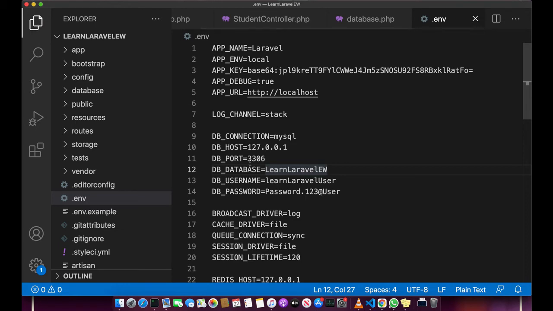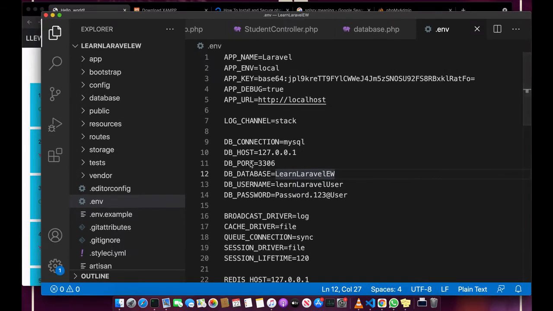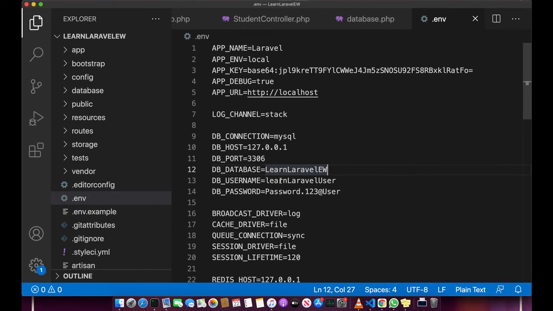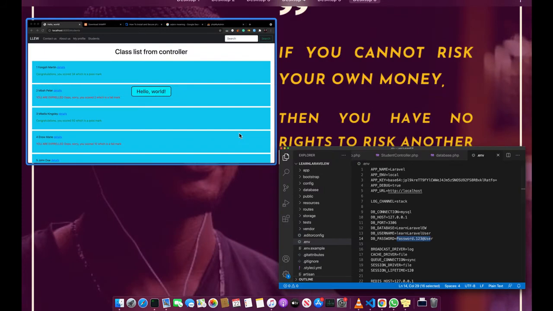So if we save this, we then have to create this database, create this user, and then create the password. This database is what we're going to use, and this user will have the right to connect to this database using this password. So we're going to go straight to